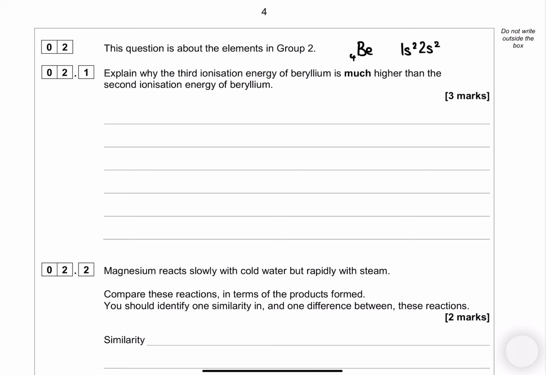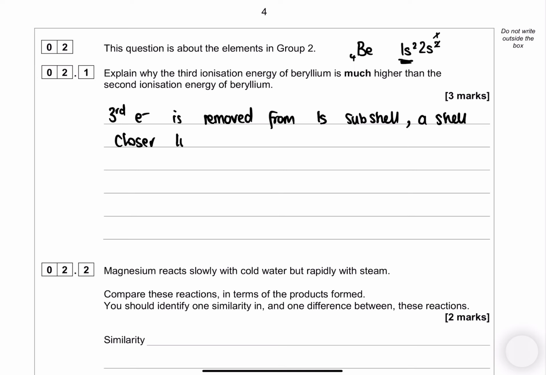So removing the electrons, the first electron we remove is from the 2s, and then the second we remove is from the 2s, but the third we've got to remove comes out of the 1s. So the third electron is removed from the 1s subshell, which is a shell closer to the nucleus with less shielding,